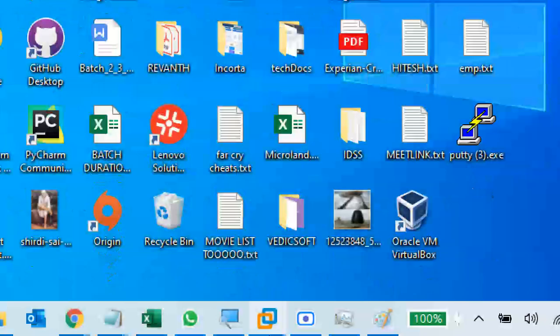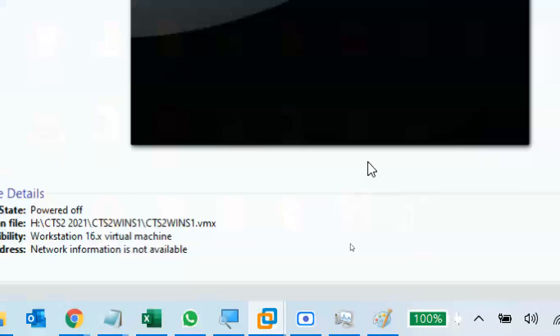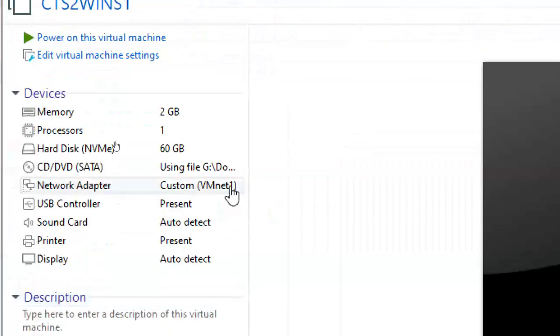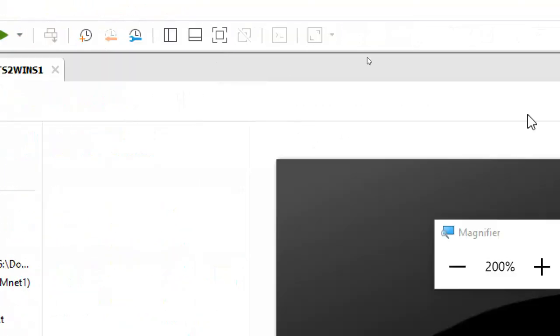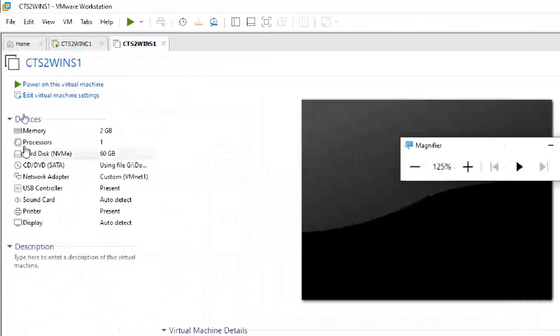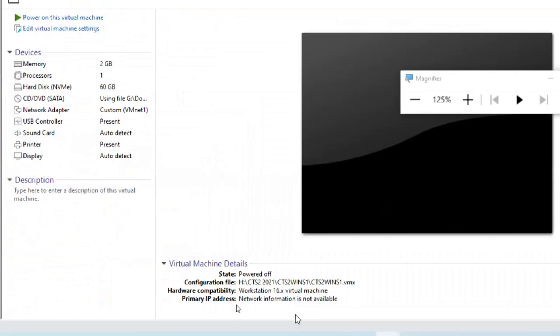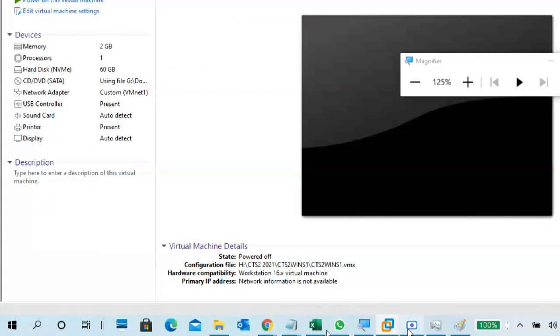Once you have done this setting, go to your virtual machine. See, I connected it to VMnet 1 like this. For the client, we'll see that one. I will show you how to change it for a client also. So this is how we are able to create a virtual machine for